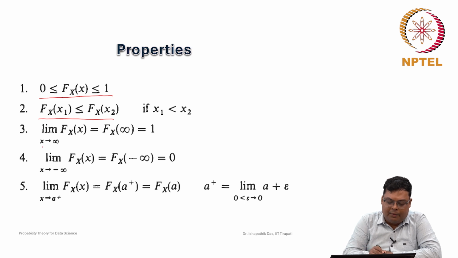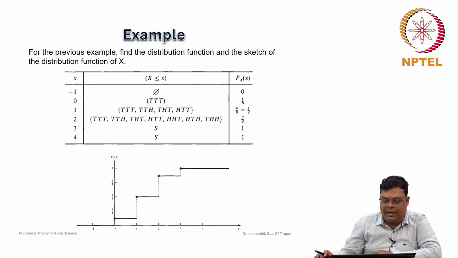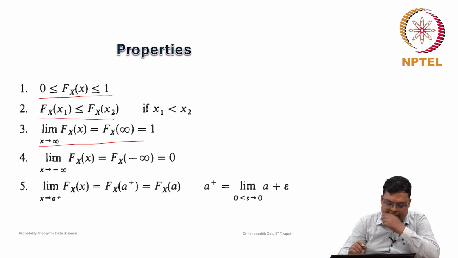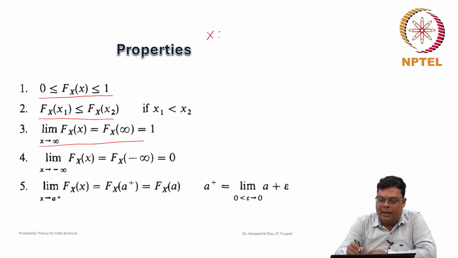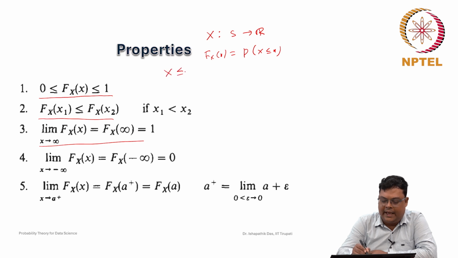Now, the limit of F_X(x) as x goes to infinity is equal to 1. We will not prove this, we will just give some intuition for how it can be proved. X is a random variable, a measurable function from S to R, basically taking real values. Now, what is F_X(x)? F_X(x) is the probability that X is less than or equal to x. This is nothing but the set of all s belonging to S such that X(s) is less than or equal to x. Now, if you take the limit as x goes to infinity,